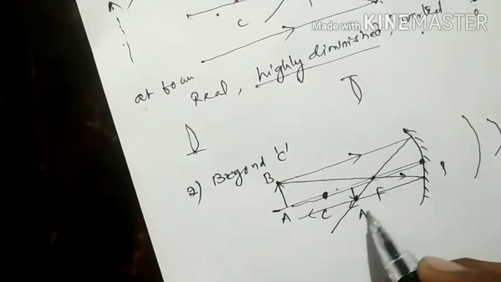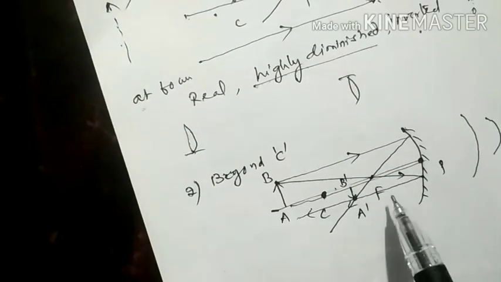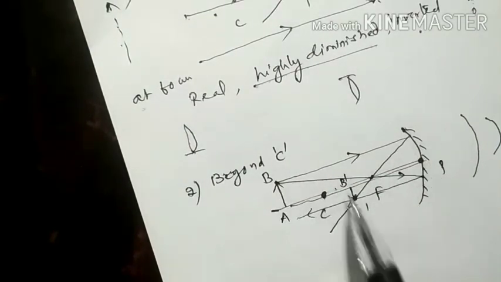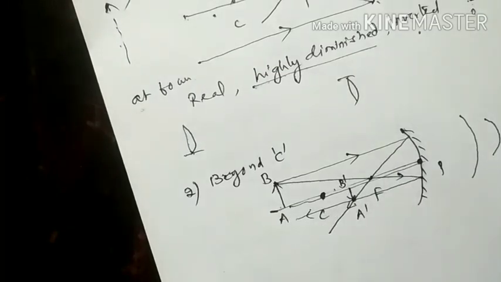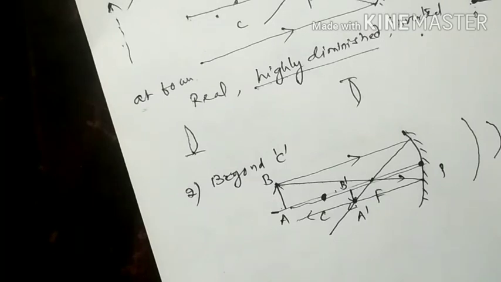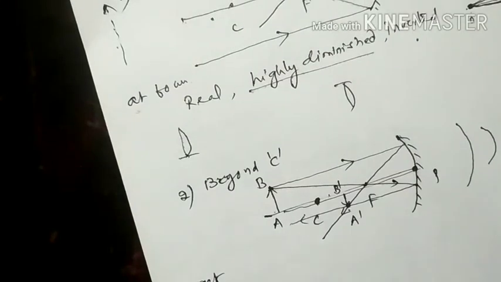The light rays intersect here. This is object A, this is B, and this is A dash. The head is here, at B dash. Why here? The first and second light rays I am considering start from the head only, so where they intersect, they produce the head of the image. If you draw another light ray, you will get the same thing. If you consider above the principal axis, we call it erect, but the image is below the principal axis, so we consider it inverted. Only when you take an extended object can you understand whether the image is inverted or not. If it is a very small point object, we cannot distinguish.